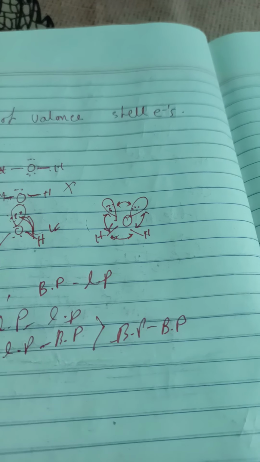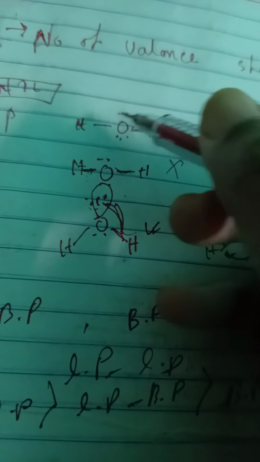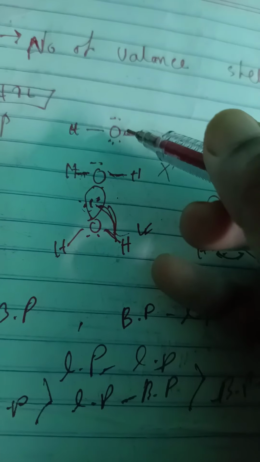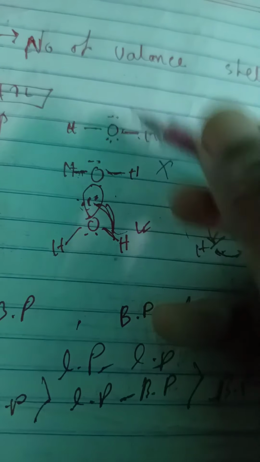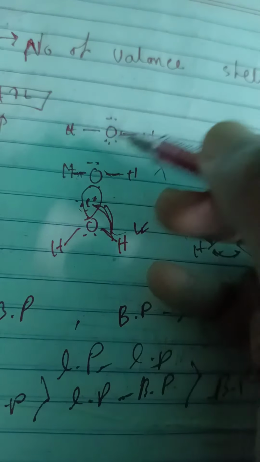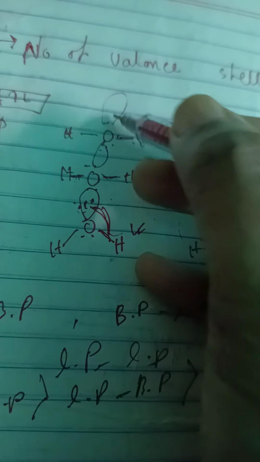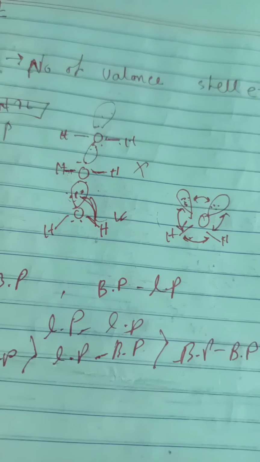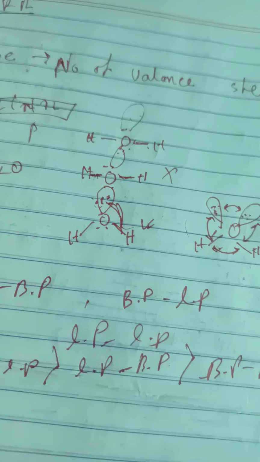Okay, so this is the reason. See, here I drew the lone pair up and down. It does not mean this is opposite. It can repulse from here because the spaces are free. It's up and down, but it does not mean that both are at opposite angles so they cannot repulse. It's not like that.